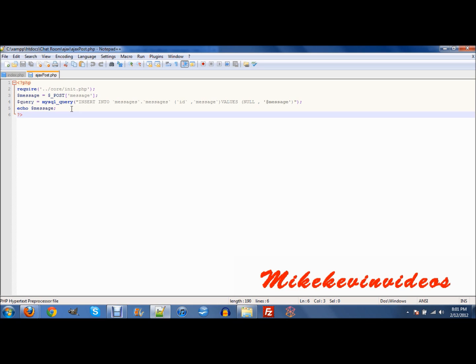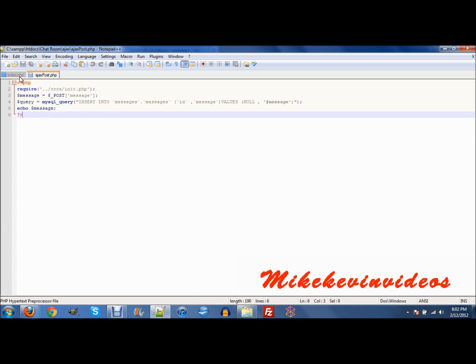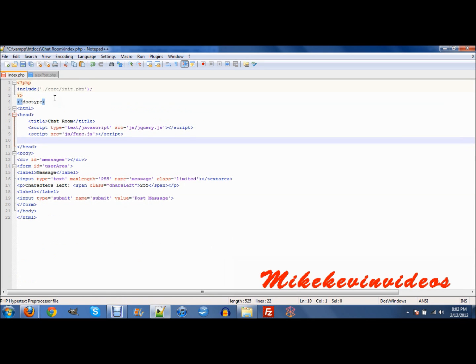Well, the thing is, it might not make sense right now because you have to do the first page. So I'll start doing this part, and I'll do the post part in a minute, okay? So let's just delete all this,